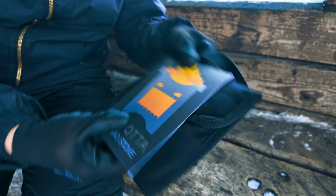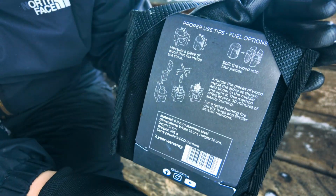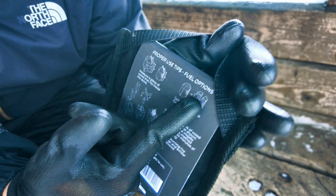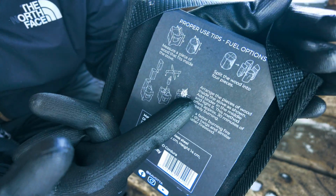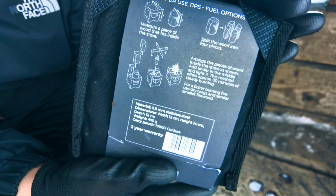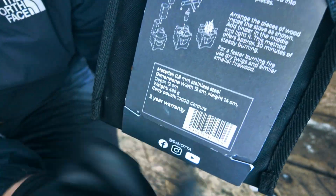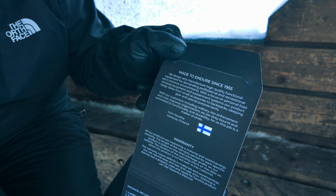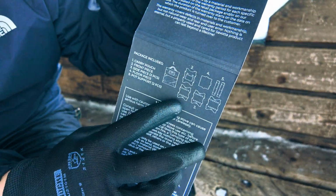Let's put this together now, and there are tips on how to use it. So you can use small twigs, also like a small log, put it on 4 pieces and then light it up so it burns. This said 30 minutes steady burning, so that's pretty cool. And there are the sizes of this thing and weight. More text in here, warranty and what kind of pieces are included,